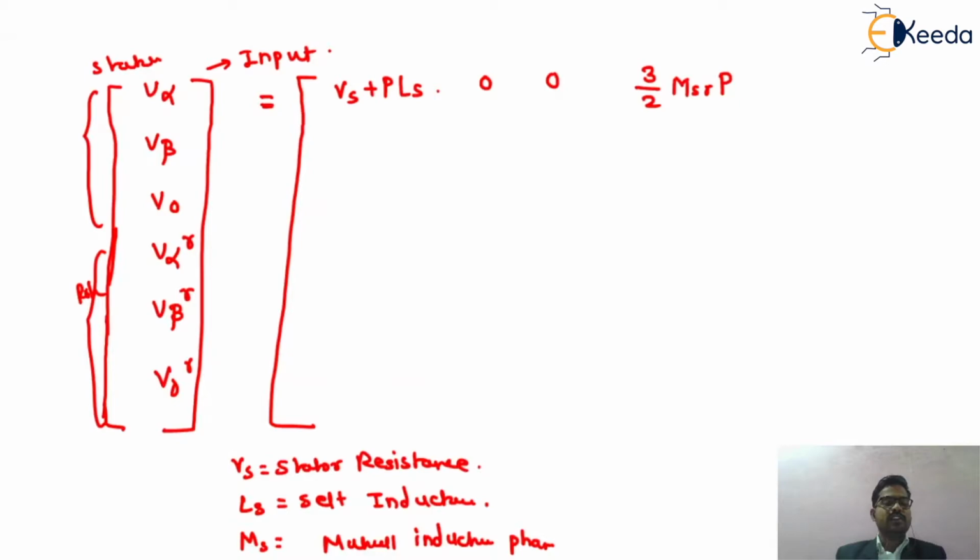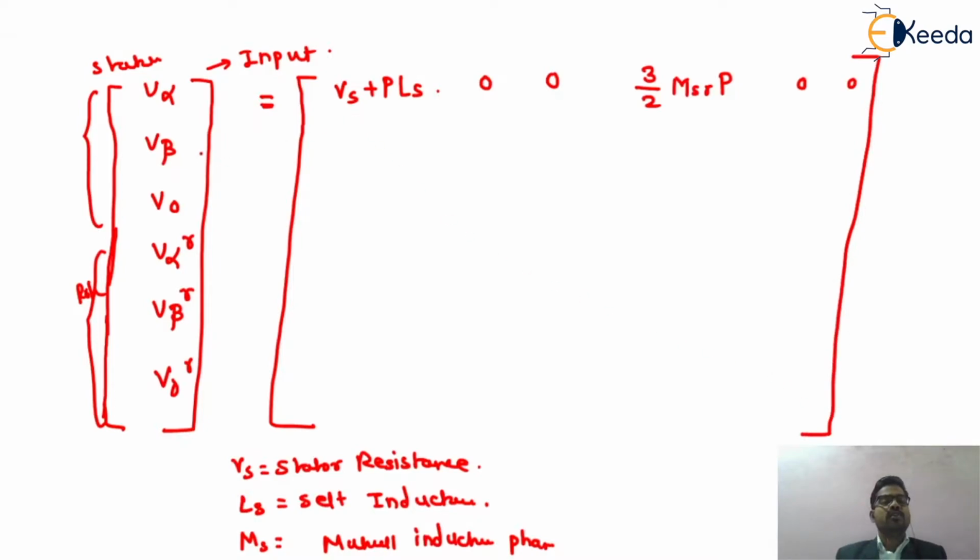As we know, now we want to write the value of the mutual inductance between phases. Similarly, we want to get the value of LR. LR is called again the self inductance of your rotor circuit. So again the fifth and sixth parameters will be 0, 0. Okay, so this will be the first